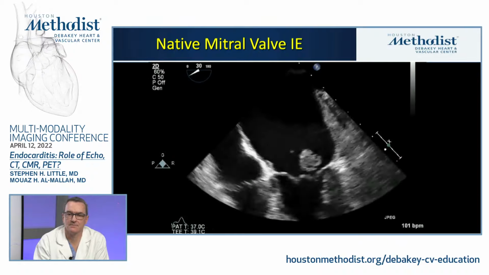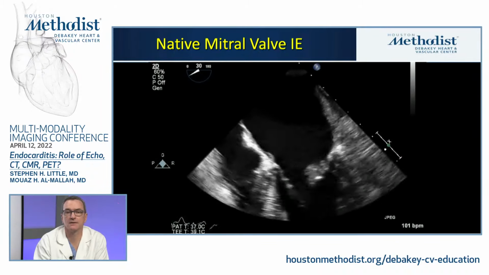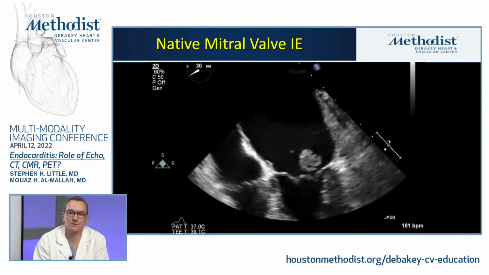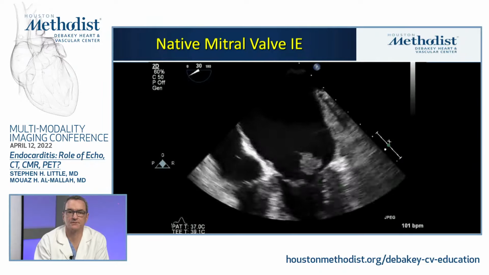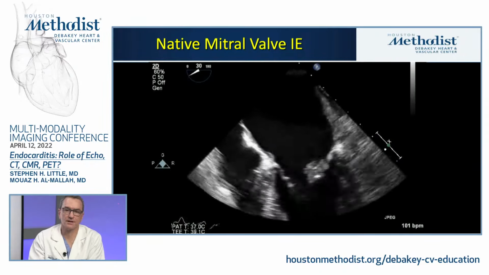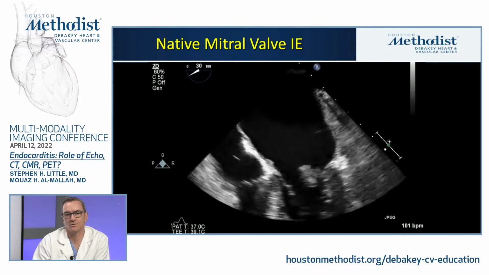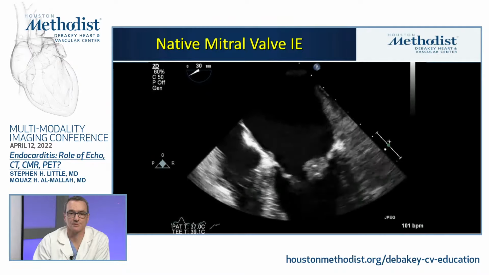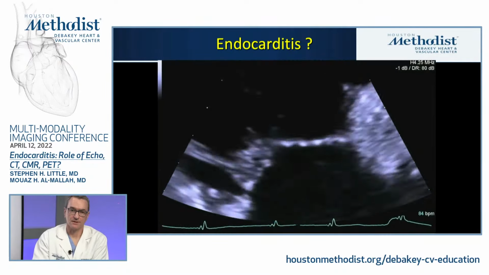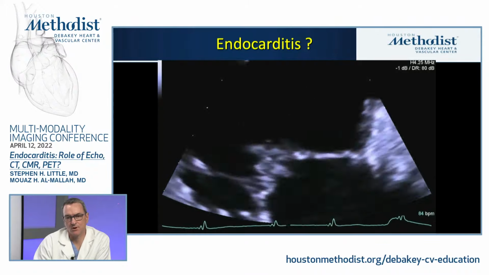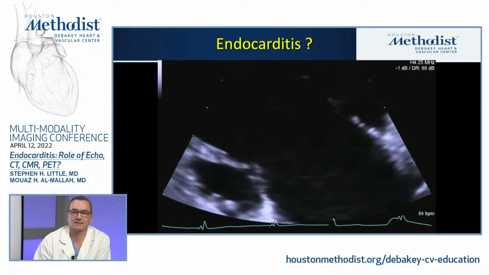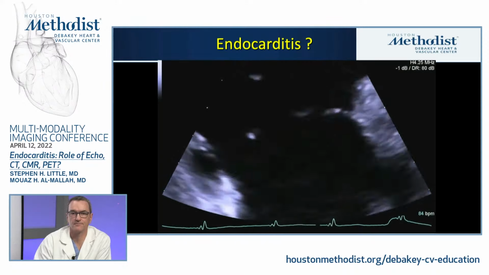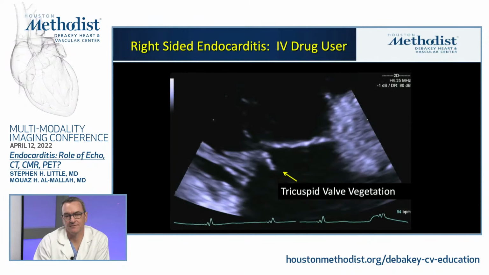But the motion of the mass can be described as oscillation. What does oscillation mean? It means that some element of the motion is independent of the cyclical motion of the valve itself. So there's valve motion, but then there's more than valve motion. So that's oscillation, and that's a very characteristic feature of most visible endocarditis lesions. This is another valve, and you see it's much smaller, it's more subtle, but it also has that sort of flickering motion that is in excess of simply the cyclical motion of the valve. So that's a tricuspid valve vegetation in an IV drug user.